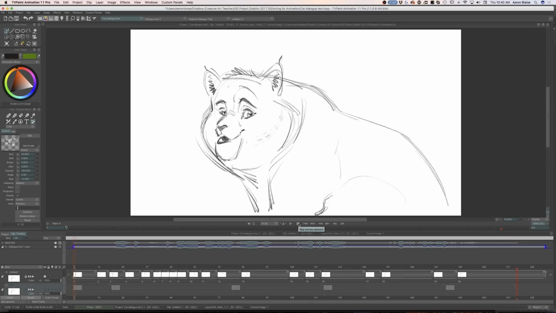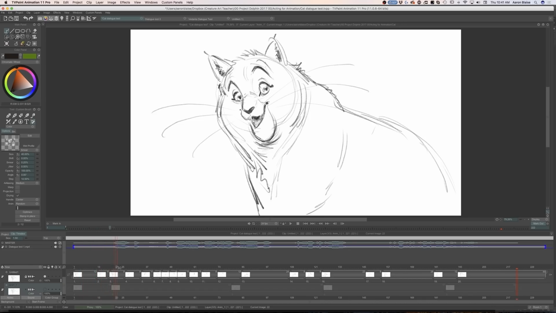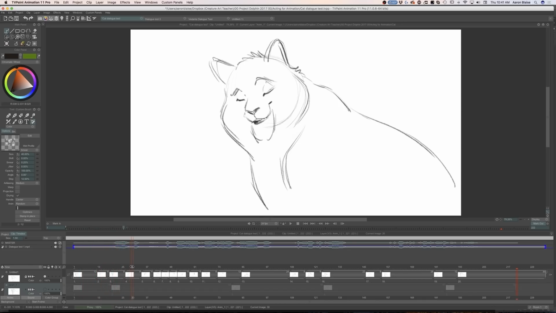Now you can really feel the difference there. Now I'm keeping it very rough still, very scribbly. There's no drawn dialogue in there, but I'm really just keeping it to the action, and you can really feel it now. So here, there's that little chuckle.